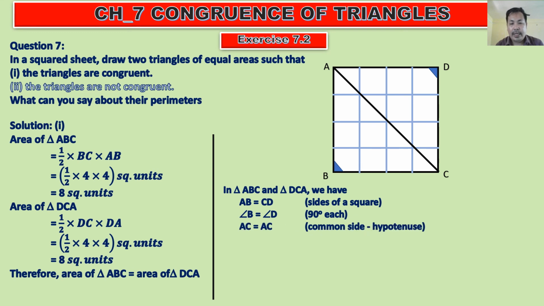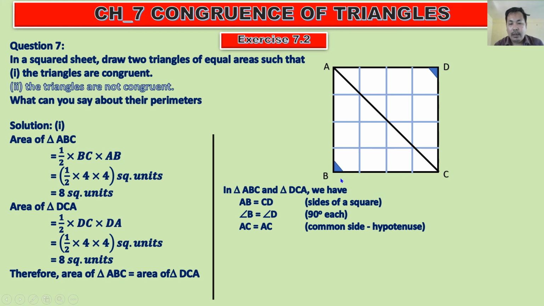Then next we have AC is equal to AC. AC and AC are the same because this side is a common side of the two triangles, and a common side is always the same. This is also the hypotenuse of the two triangles. The two triangles are right angle triangles, as you know, isn't it? They are triangles made out of the square's sides. Therefore, the two triangles are right angle triangles, and AC is the common hypotenuse of both.